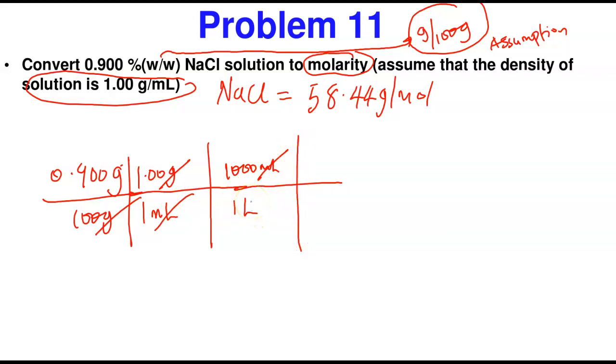So what we need to do now is, how do we remove these grams and convert it to moles? You do that with the what? Molar mass, remember. So what is it going to be? Our mole is going to be on top. So it's going to be 1 mole. And then our molar mass is going to be down, 58.44 grams. Again, grams cancels grams. And when you put all this together, you're going to have